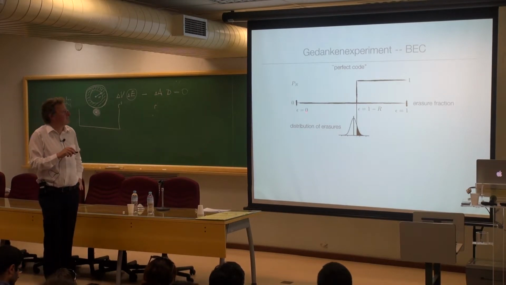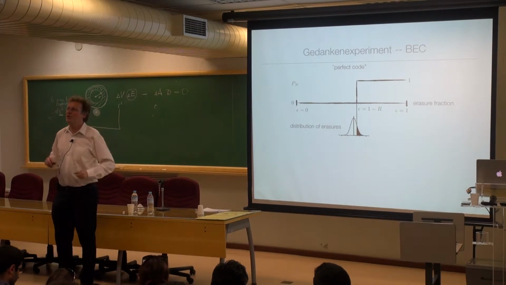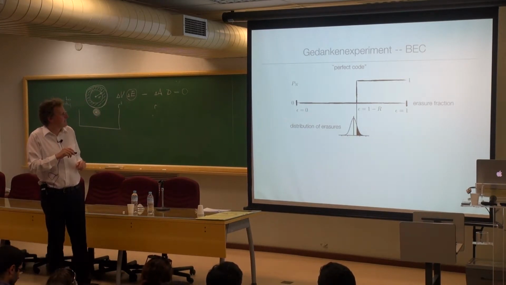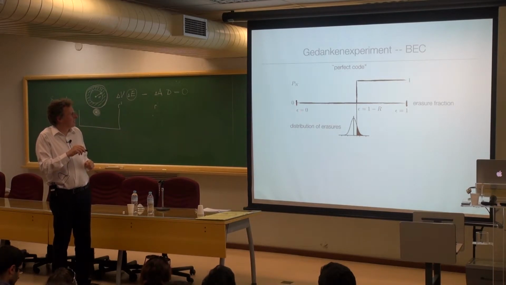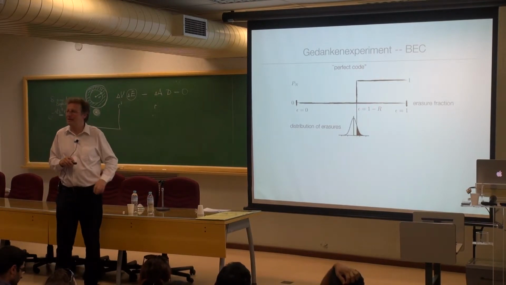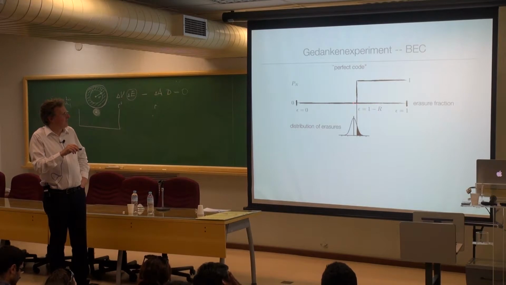So let's first think of a coding perspective. Let's imagine the best code we could think of. And what could be the best code? Okay, this is the channel parameter here. Let's assume it's epsilon, the erasure probability. And so somewhere here we're operating at an epsilon which is 1 minus r. So this is exactly capacity. We're operating exactly at capacity. And so the best thing we could hope for is that we perfectly get everything right here,